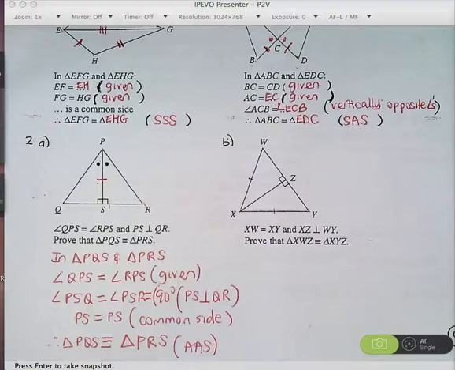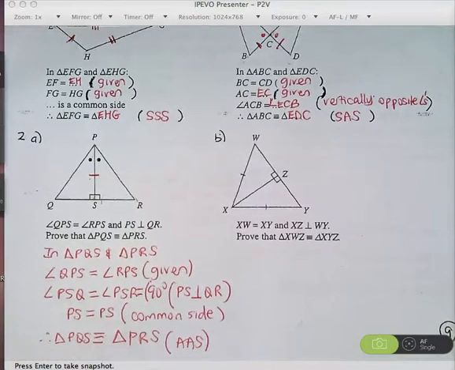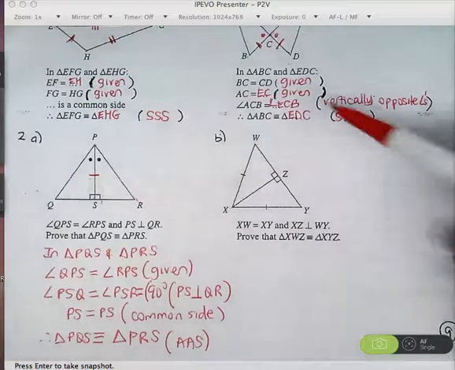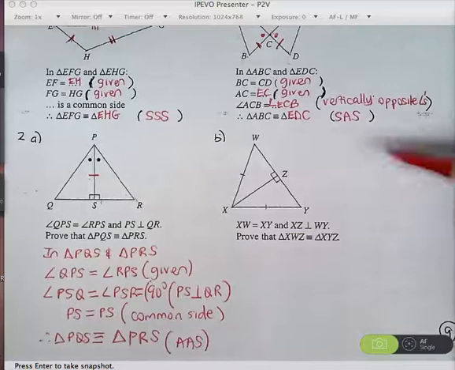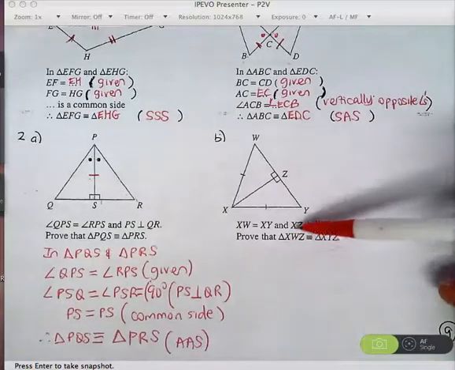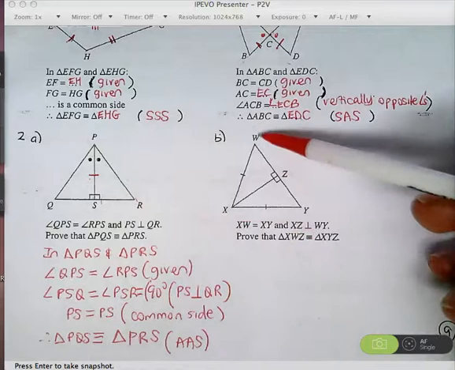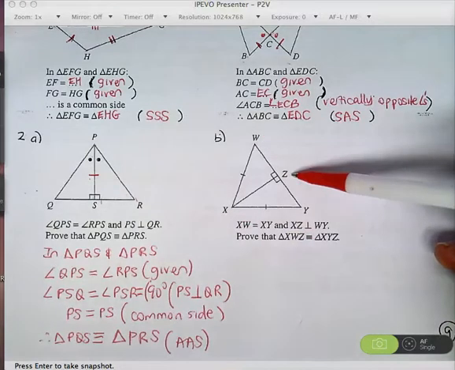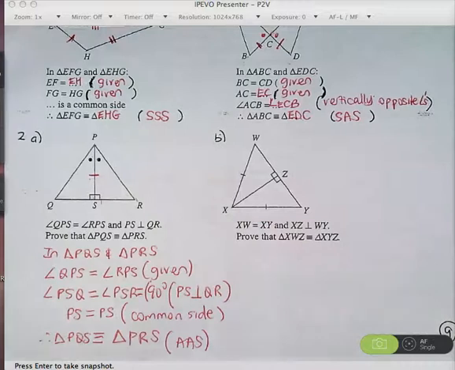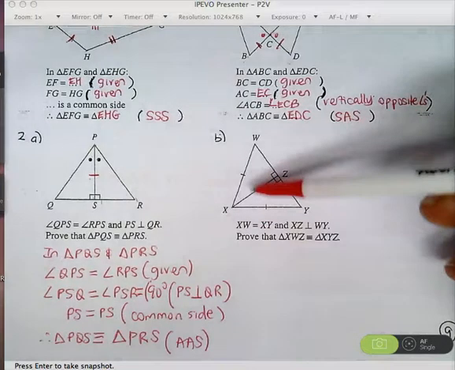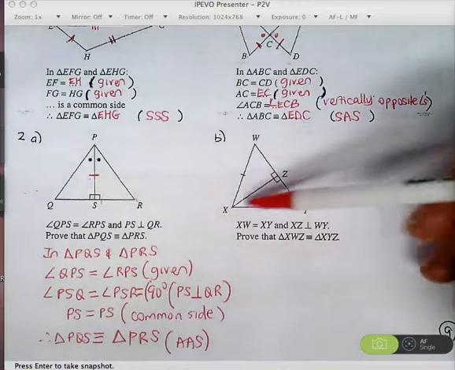Okay, this is a continuation of the lesson on Tuesday, 16th of June. We're looking at question 2b on page 9 of your booklet, and the question says that we have to prove that triangle XWZ is congruent to triangle XYZ. We're also given a few pieces of information: XW equals XY, and we're also given that XZ